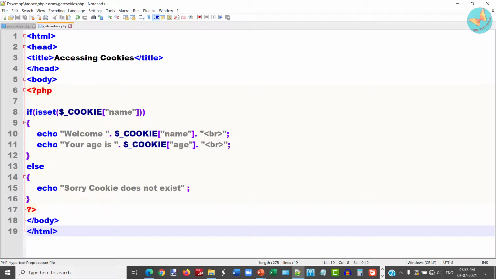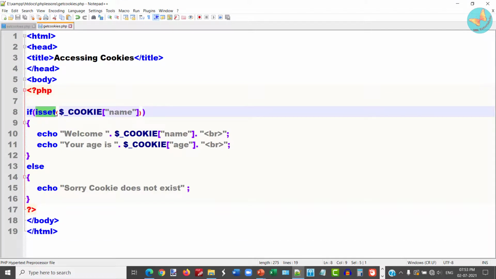So this is how you can create cookies and retrieve the values of the cookies. You can also check if a particular cookie exists or not by using this isset function.